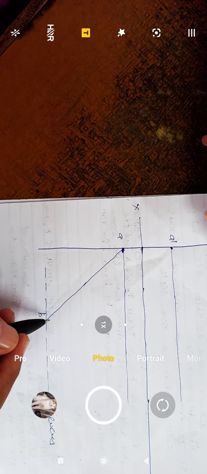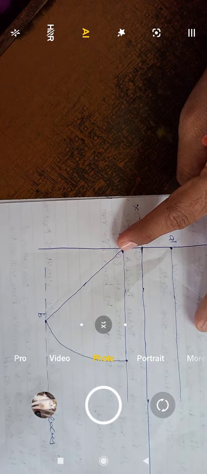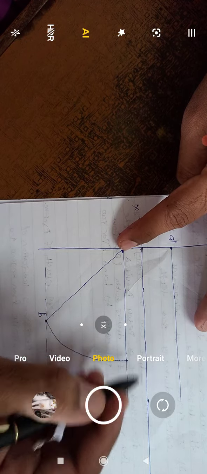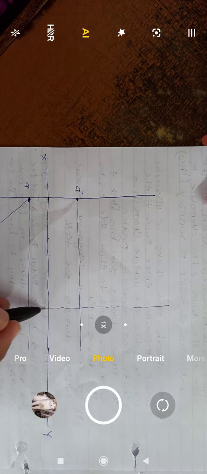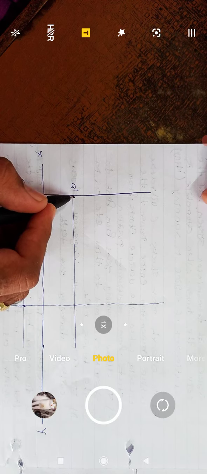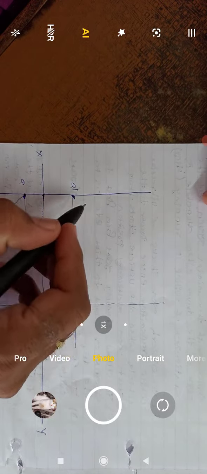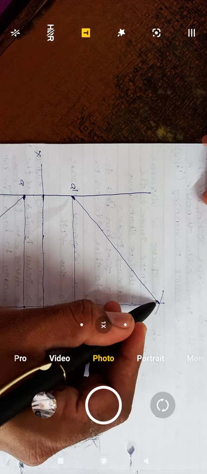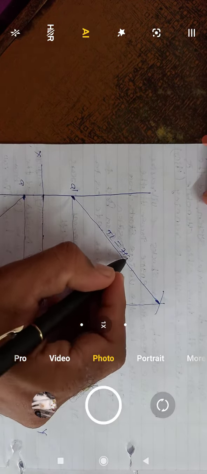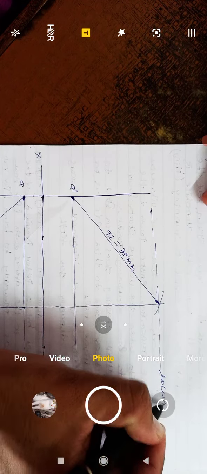Okay, next take this distance into the compass and draw an arc up to this. Next, take this line in the vertical upward direction. So this is the line. Now take a distance of 75 into the compass because true length is given, and cut this line. Suppose this is cutting here, so join this point. This is TL equal to 75 mm. Draw a horizontal line from this. This is nothing but the locus in the front view.